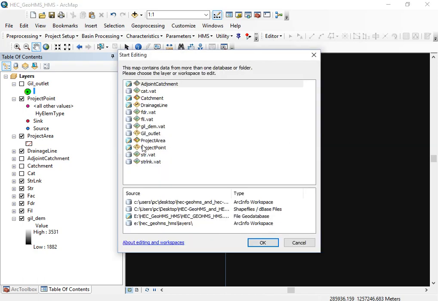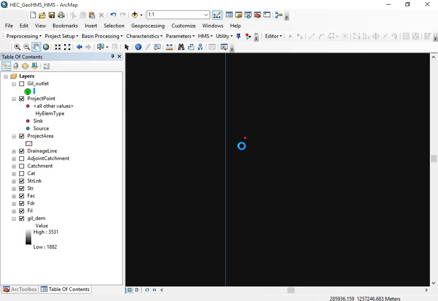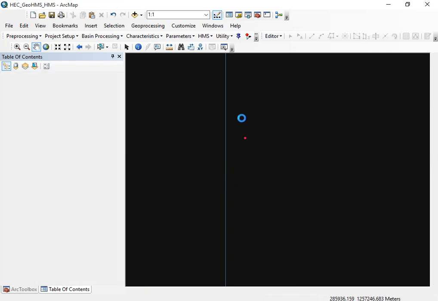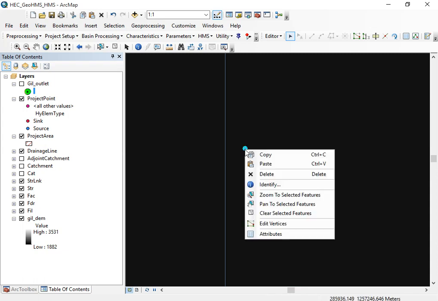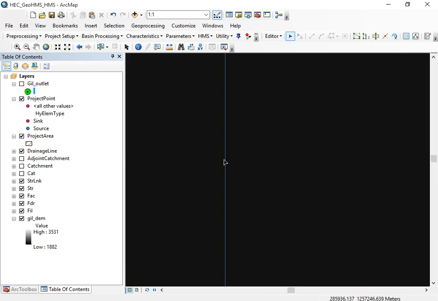Start edit project point, then okay, and wait a minute. You see, this is the outlet of the watershed. This is a drainage line, but this one is a sill on the drainage line. You can select any point on this sill and use it as a project point. So let us delete this one, and I will show you how you can add